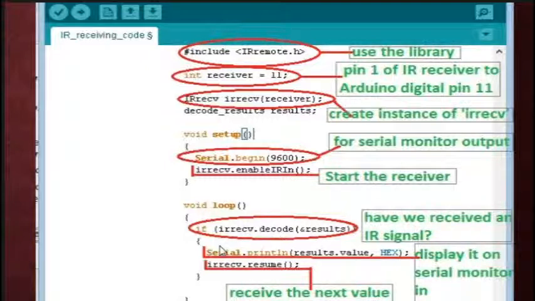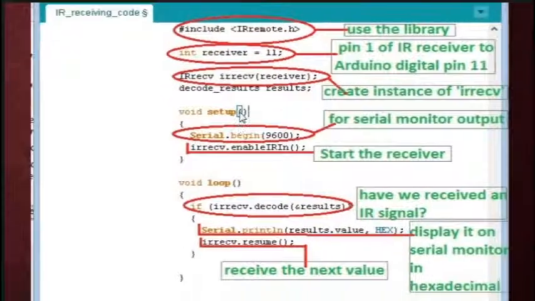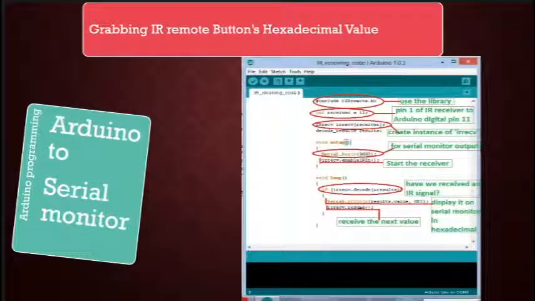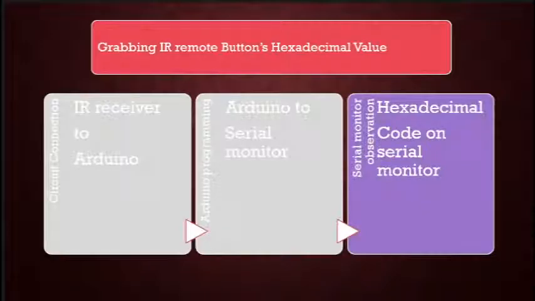Then the loop starts here, and if irrecv.decode(&results) has a value, then print results.value, that is, print the result in hexadecimal on the serial monitor, and then again receive the next value, that is, this resume is to receive the next value. Now I think the program must be clear to you. Now let's see the next slide.